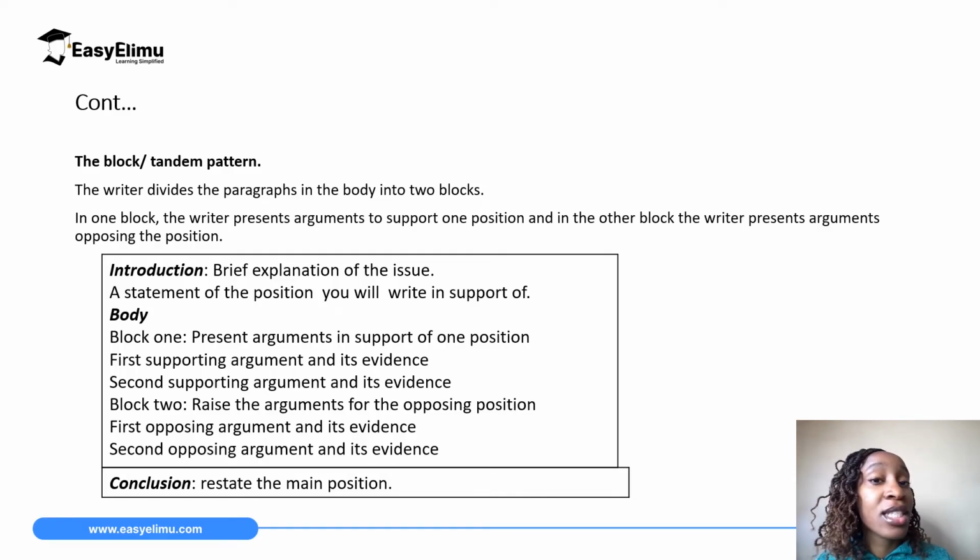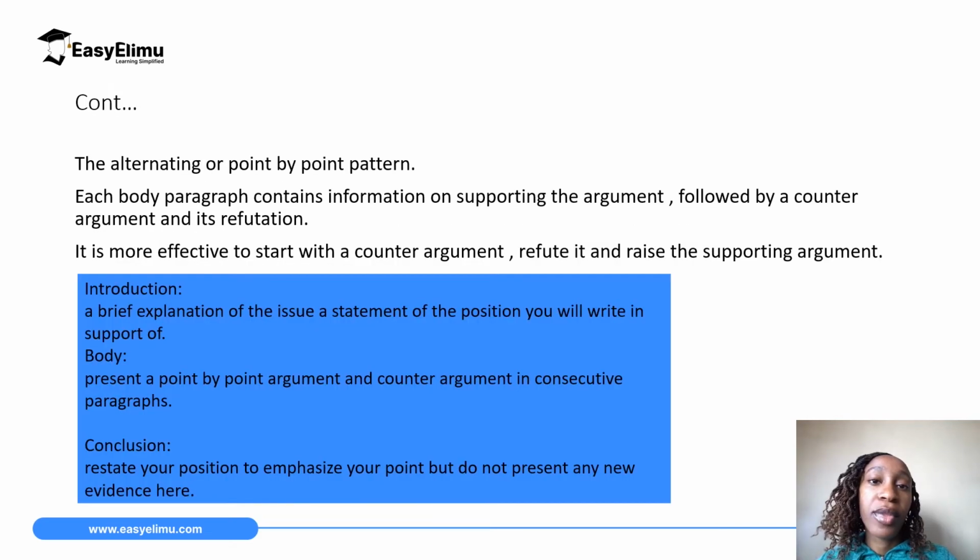So that's it for the block pattern. You start with one side of the argument, which may take 2 to 3 paragraphs, and then another 2 to 3 paragraphs opposing, and then you go to the conclusion, restate your position, and wrap up the essay. The second approach, or the second type of pattern you can use, is the alternating pattern, or